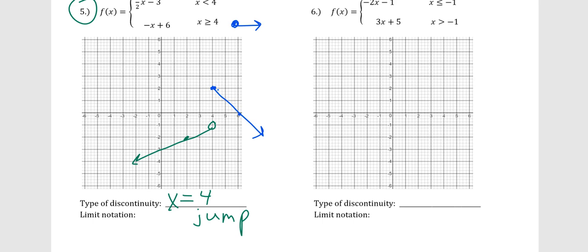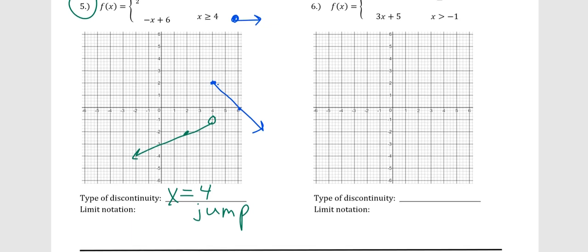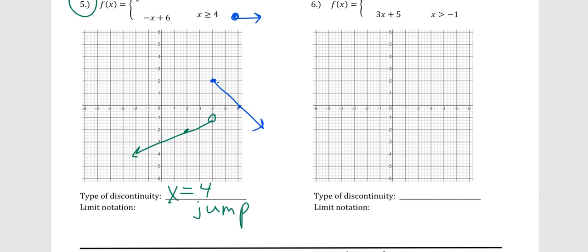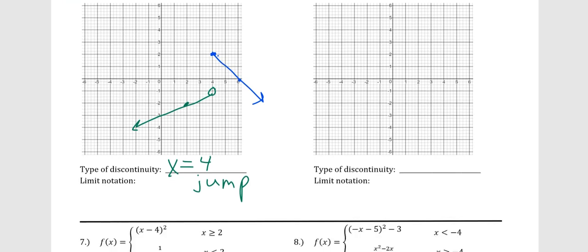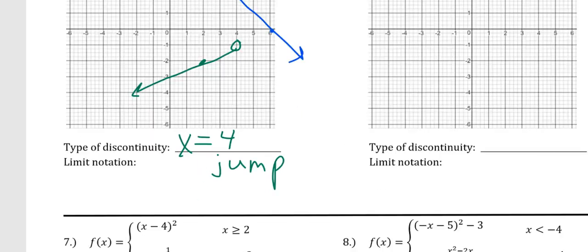I know. That's a jump discontinuity. Right? You're traveling along, singing a song, and then boom, you just jump. Right? It's not infinite. It's not removable. It's not like there's a hole in the graph, right? It really jumped. Alrighty, so now let's write some limits, because we need to know how to write limits, and